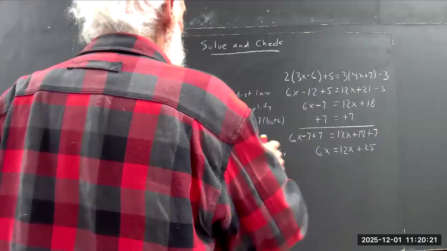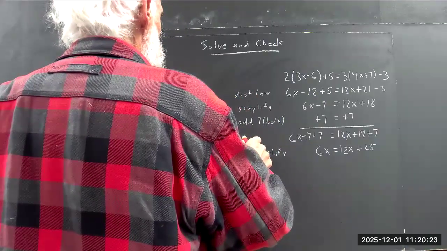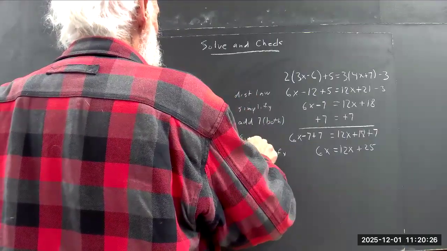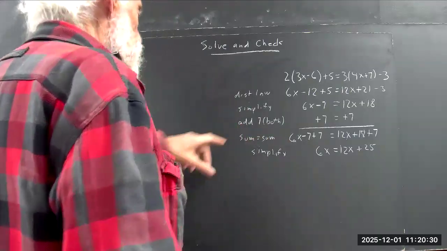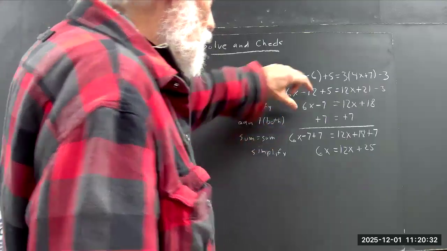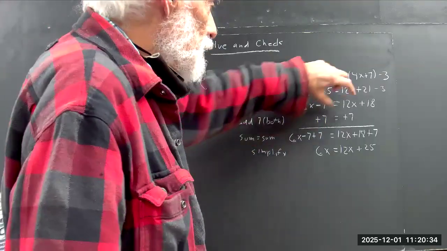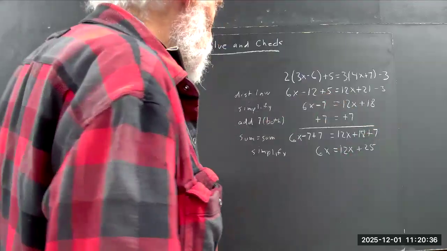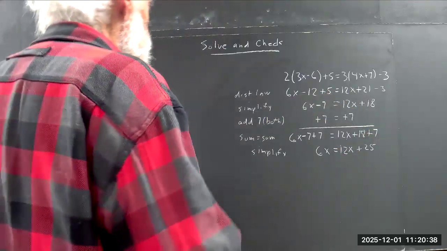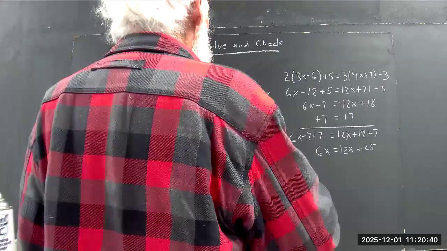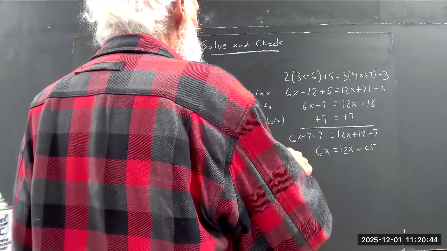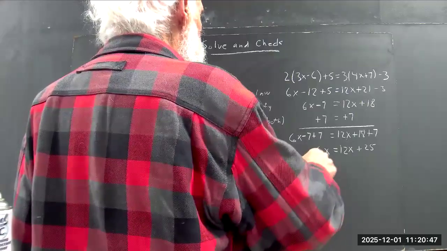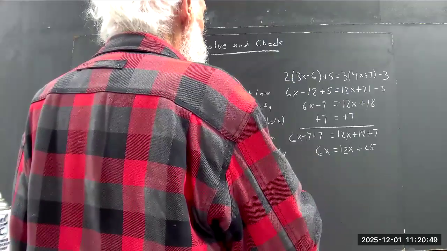Now when I do this, I'm going to denote that sum equals sum. The sum of the left-hand sides equals the sum of the right-hand sides. Okay, now we simplify both sides, we get this. And then